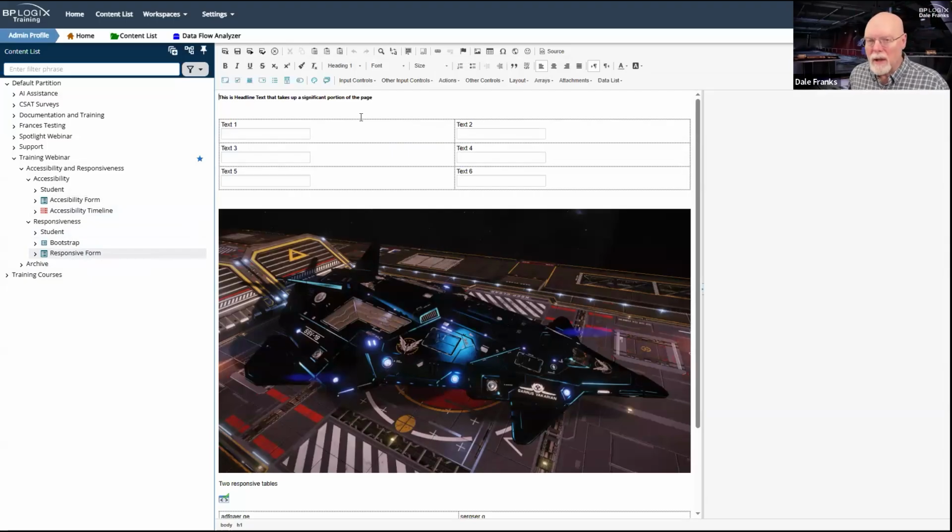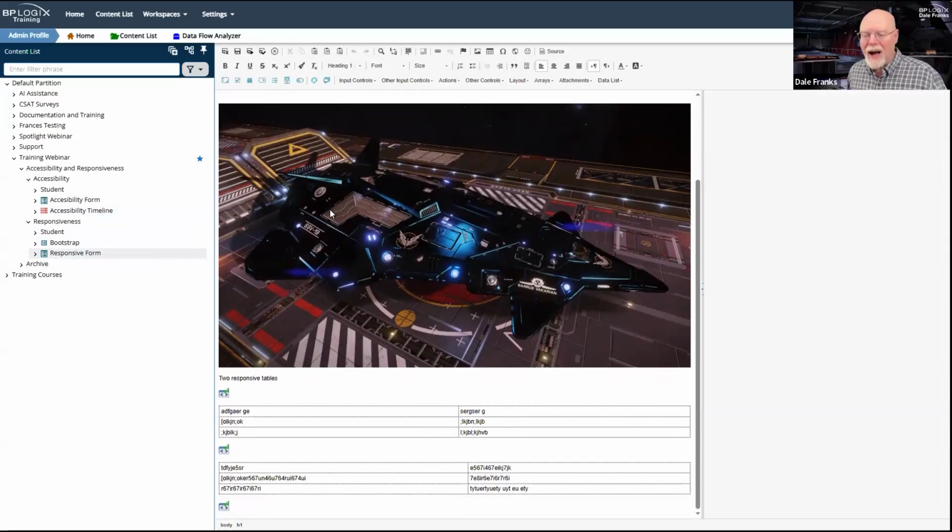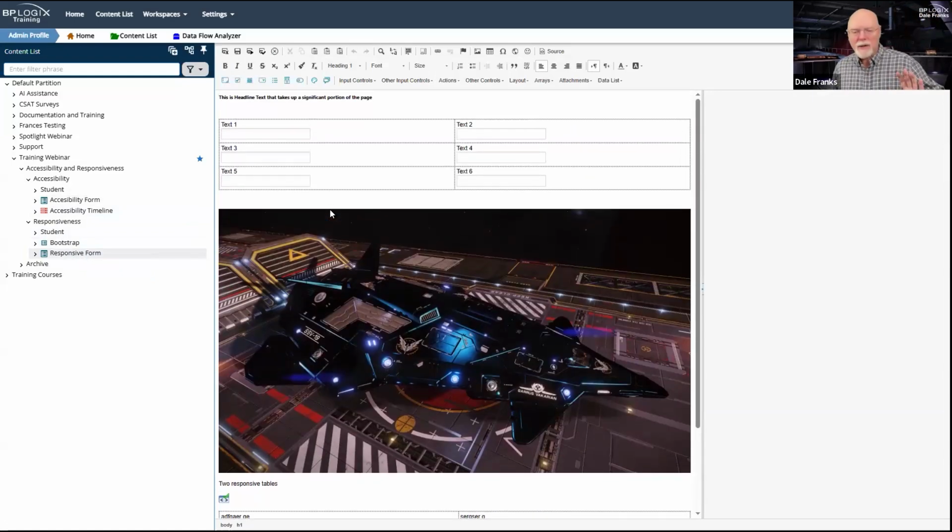There are a couple of little tricks. We are not going to get into a bunch of detail on them. And if you don't know HTML and you don't know CSS, it might not be something that you ever do.